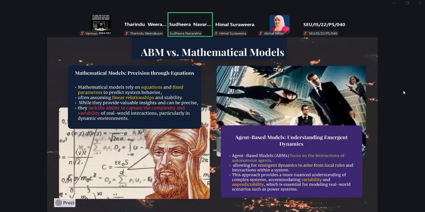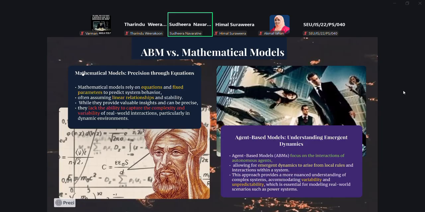So if you compare agent-based modeling versus mathematical modeling, right? The mathematical modeling relies on equations and fixed parameters to predict the system behavior, right? They often assume a linear relationship for easy solution, right? But you can do nonlinear calculations as well, okay?